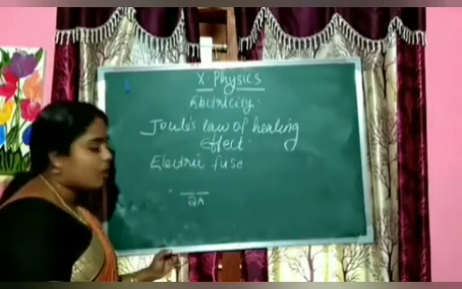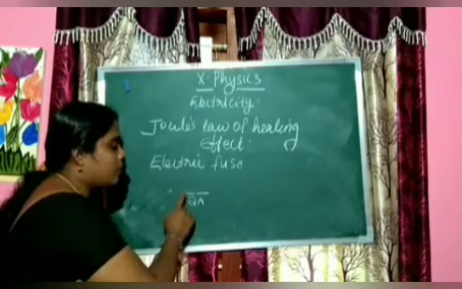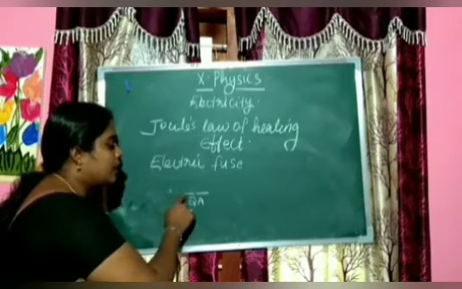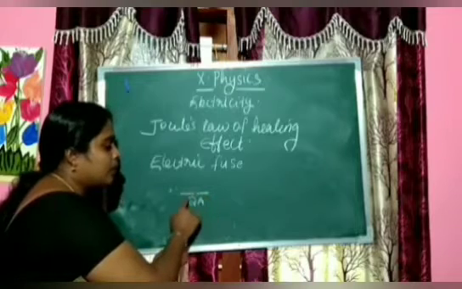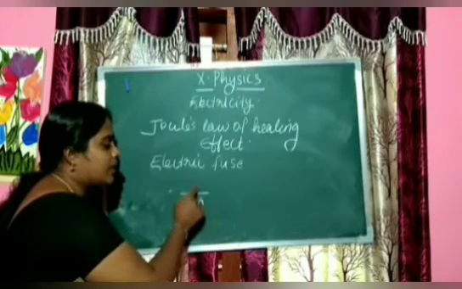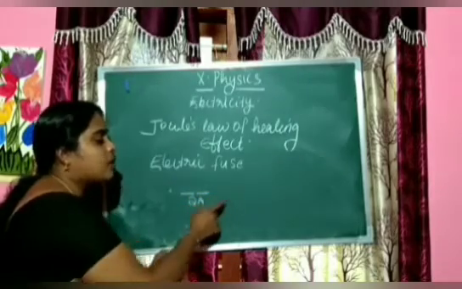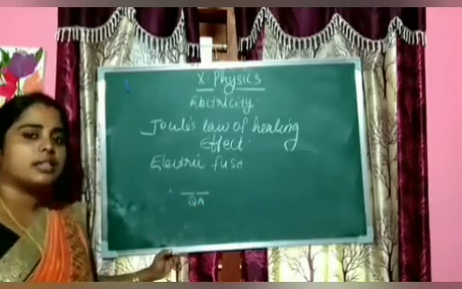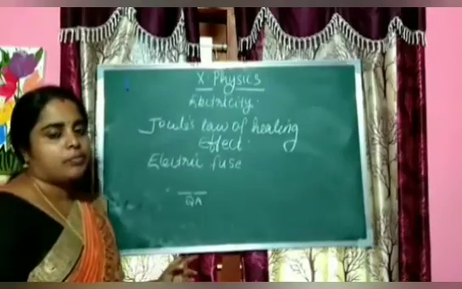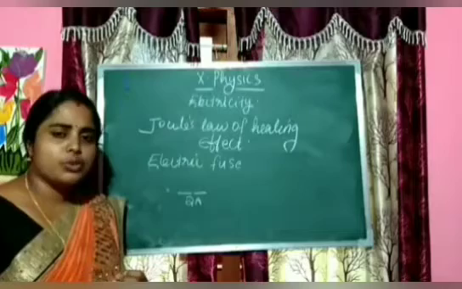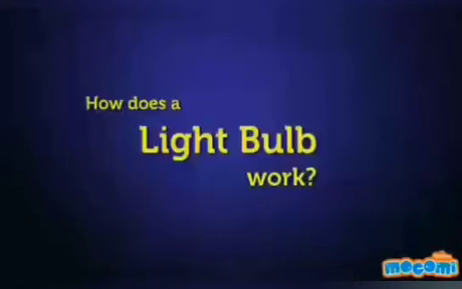Okay. So because of this property of the alloy, it has low resistance. As the current increases in the circuit, the temperature also increases, and as a result the fuse wire melts and it saves all the equipment connected in the circuit. Okay, so in this section we discussed Joule's law of heating effects.